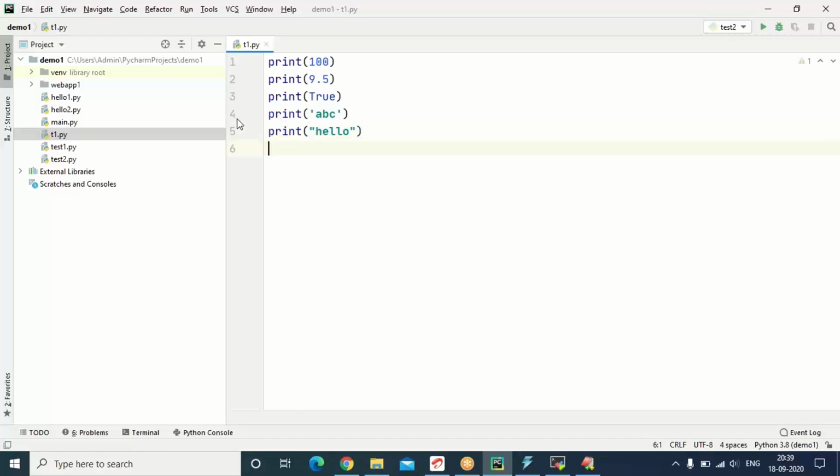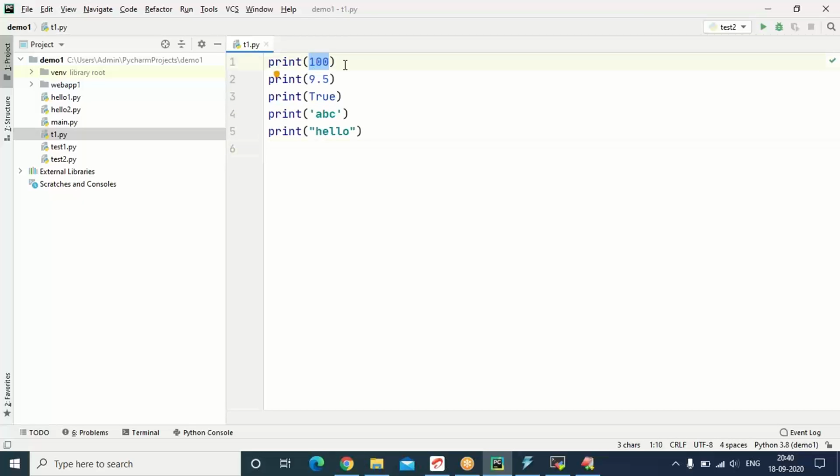Mainly Python is supporting 4 types of values, 4 types of literals. Numeric value without a decimal, numeric value with a decimal, Boolean, finally string.